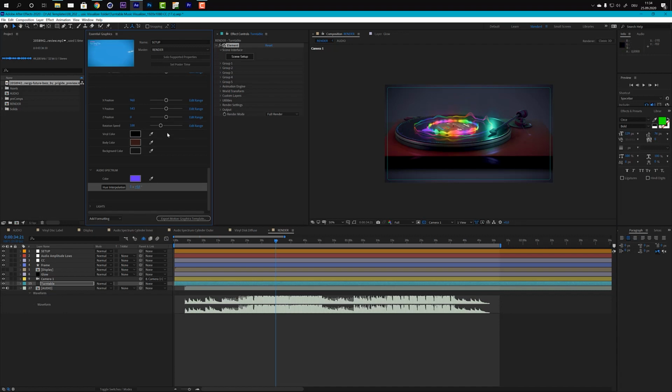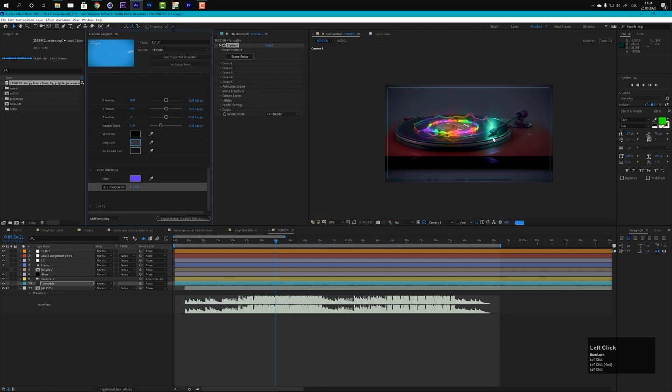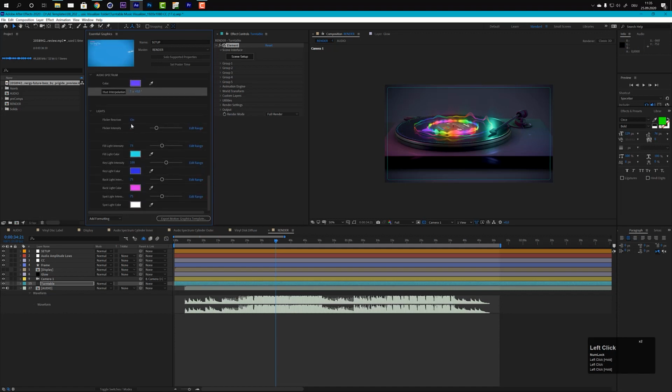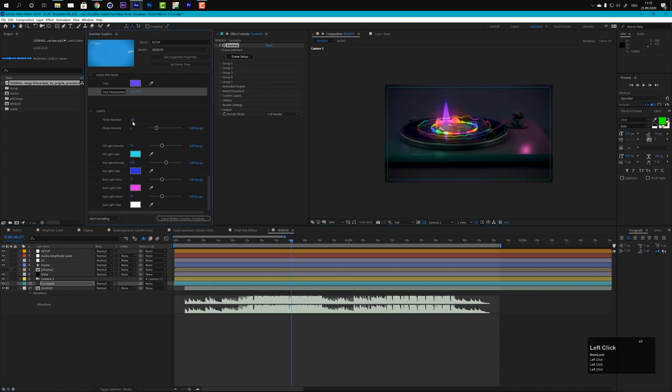pretty cool. So actually I like this design, but what I will do now is I will just make this gray. I think that this looks a little bit better, the body color. Yeah, that looks really nice. Then we have the light options, and in the light options we also can change the flicker reaction. So this is the lights getting brighter with the intensity of our audio. If you don't want this, then just turn it off, and then these lights will just keep the values that